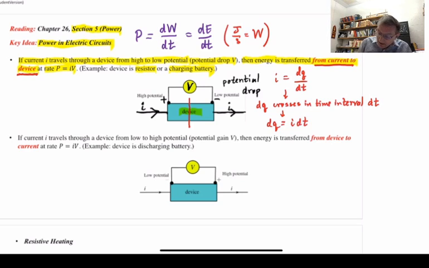Now, here's another idea. So that's one idea, let me put a little bullet by that. Here's another idea. As one of my little amounts of charge dq, which I'm thinking of as having positive charge, remember conventional current, flows from left to right through the device, how much does its energy change? As dq moves from the left end to the right end,